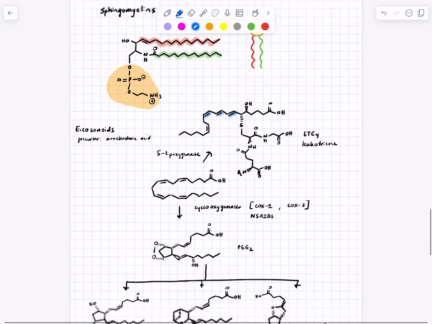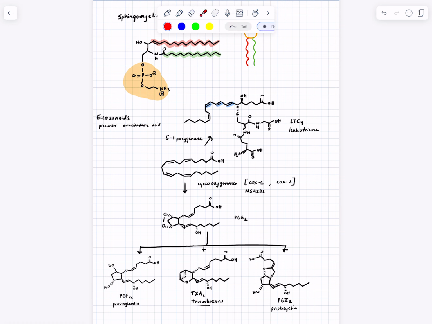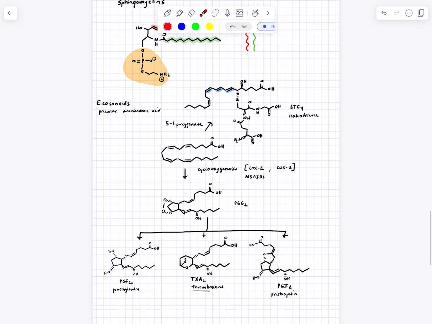So again, the point is, a simple precursor or decently simple precursor leads to these complicated outcomes through different enzymes, and they have different activities. And again, because prostaglandins, thromboxanes, prostacyclins are often local acting, they're synthesized close to the site of action. They have relatively low half-lives. That's good, because if you want to aggregate platelets, you want that to occur at a fairly local spot near the wound and not everywhere.